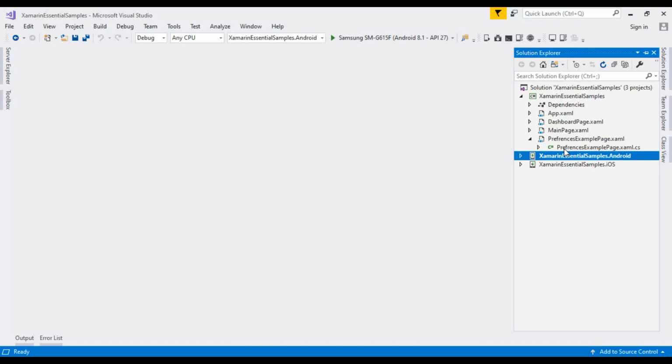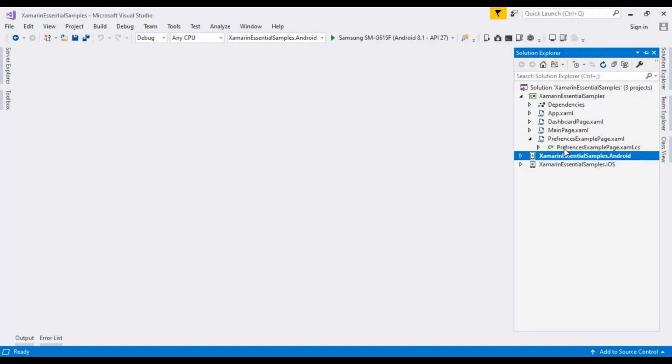In this video we are going to create a simple login form. After a successful login, it will save the username and password to the preferences as key value pairs, and automatically navigate to the dashboard page.